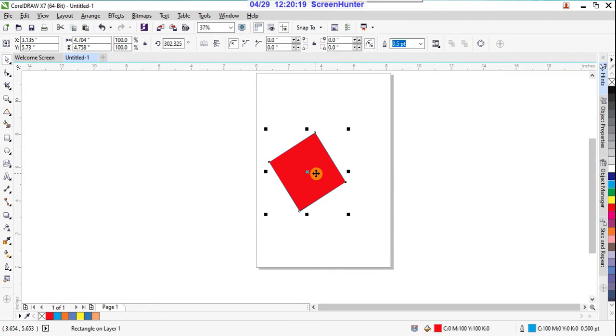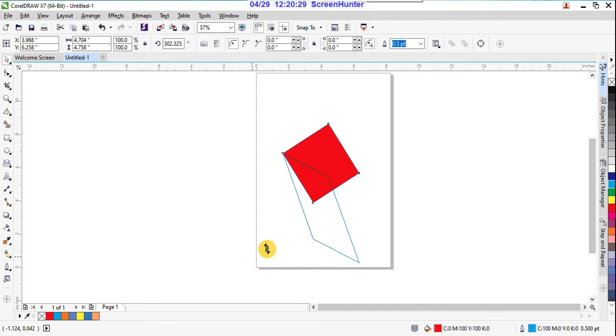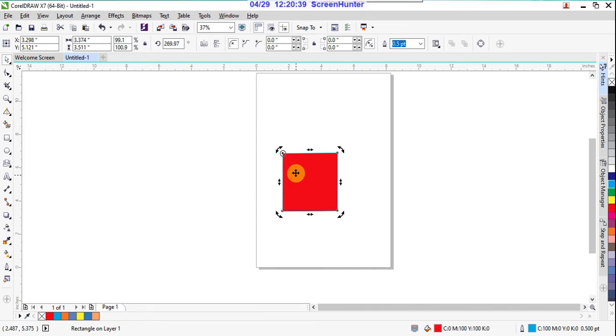So with one click, select your object and move, and with a second click on that, you'll get the rotation marks. See, you can rotate how you want, here or there or here. Accordingly, this will move, right? And change this center point here, and now you can turn this around the center.